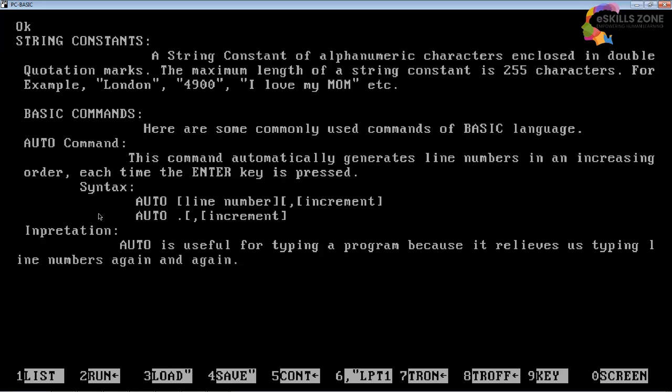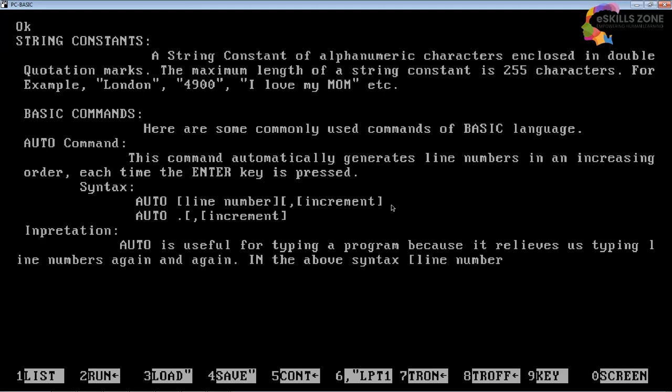We don't need to type the line number, so it gives us this relief. It is a very useful command. In the above syntax,